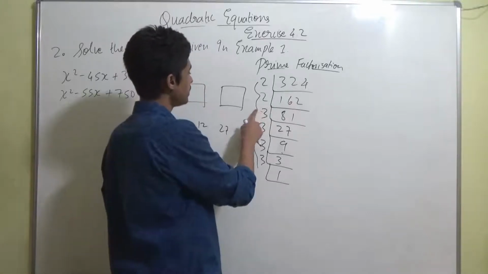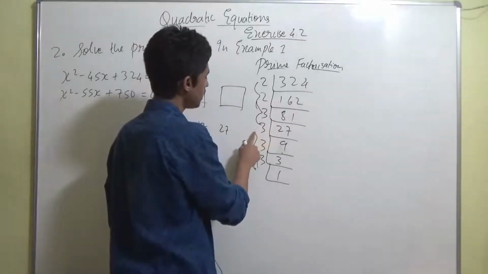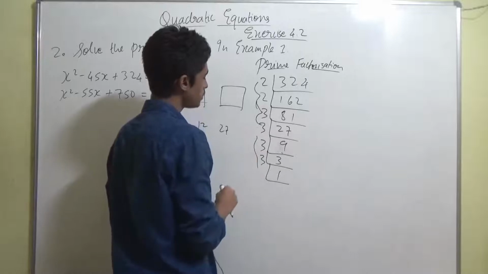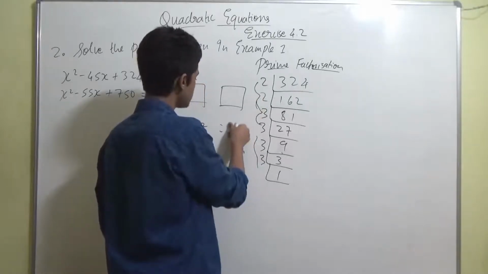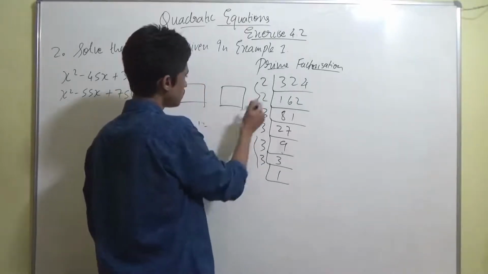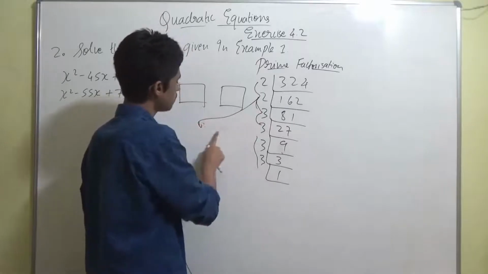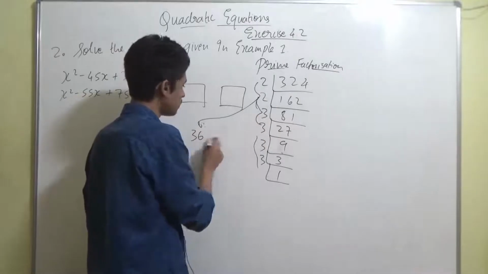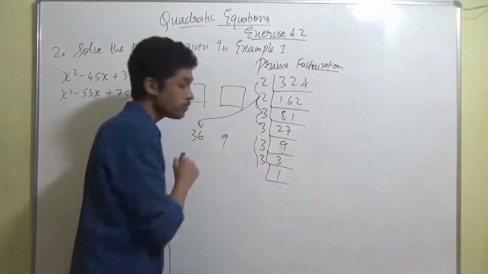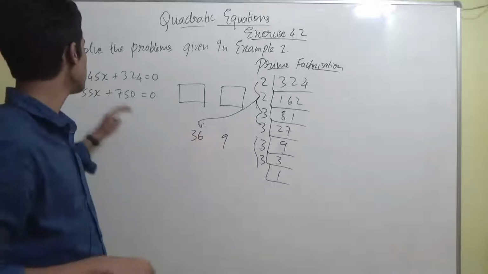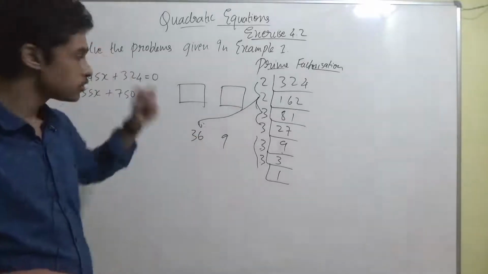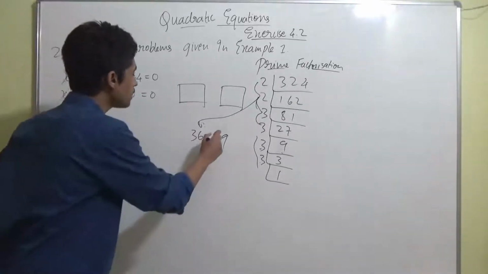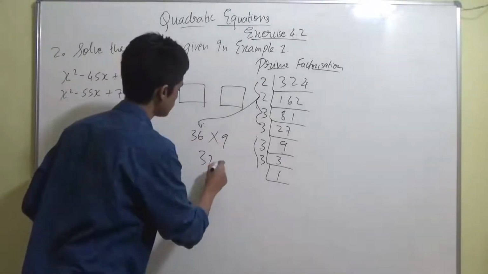Okay, let's do one thing. Let's take 2 3s and let 3 into 3 be one side and let this thing be one side. So this becomes 2 into 2 is 4, 4 into 3 is 12, 12 into 3 is 36, and this becomes 3 into 3, 9. Now if you see, guys, if you add 36 and 9, you are getting 45. Correct? So these are the factors, guys. And also if you multiply these two, you are going to get 324.